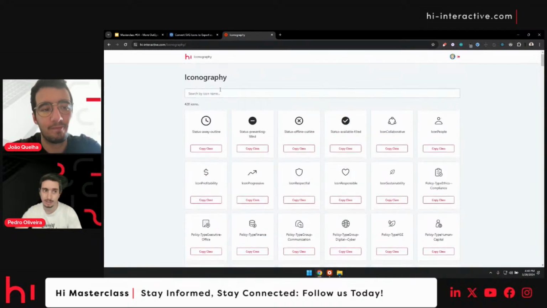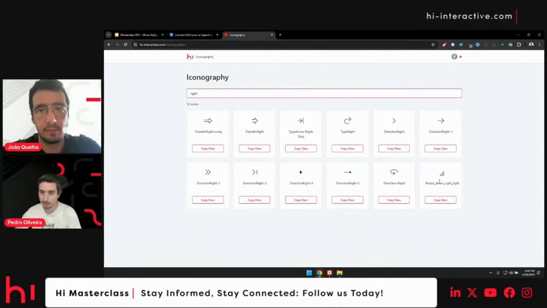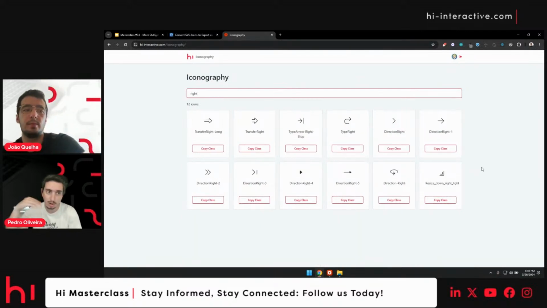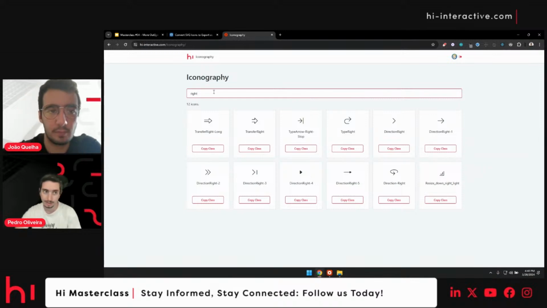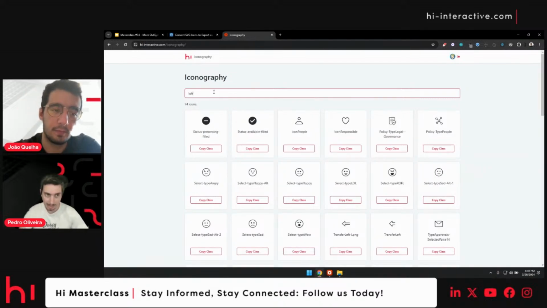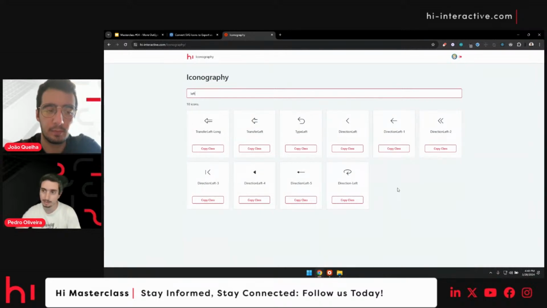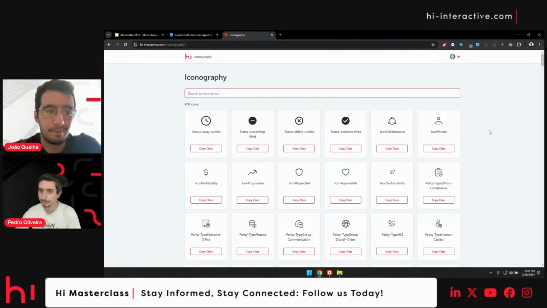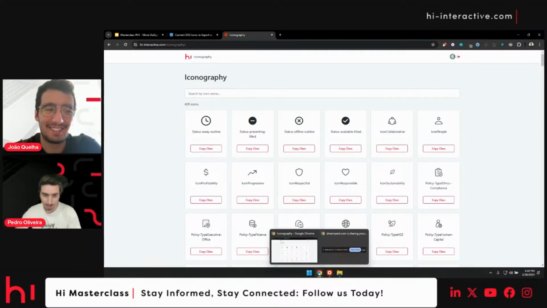So as you can see, it's very quick, searching through more than 400 icons. It's not heavy, it's very quick. I used this a lot in the past, and yeah, that's it. So going back to our presentation,